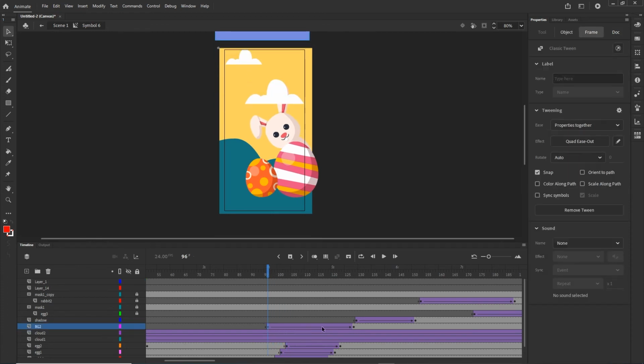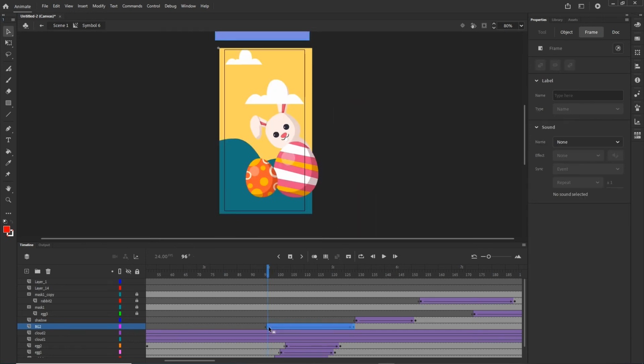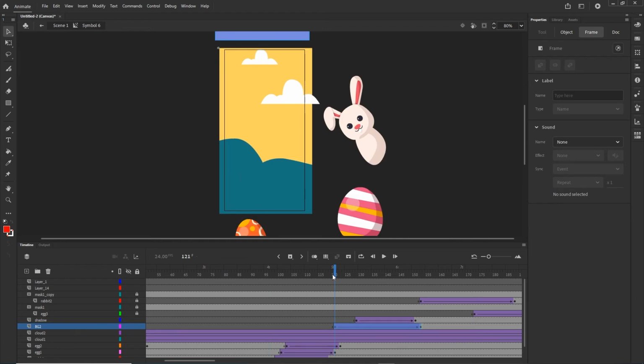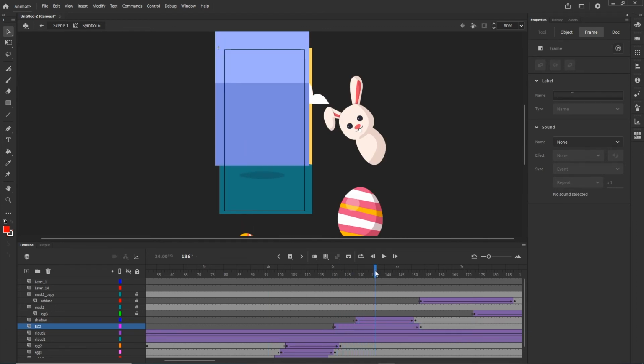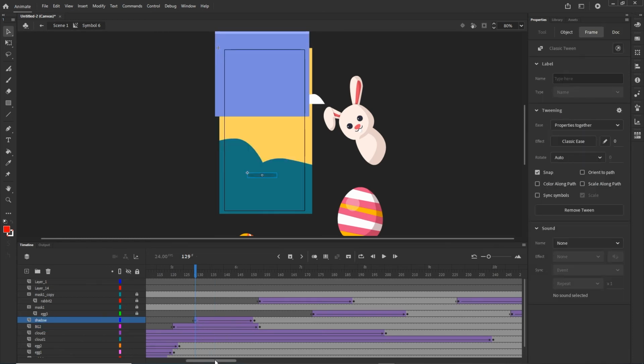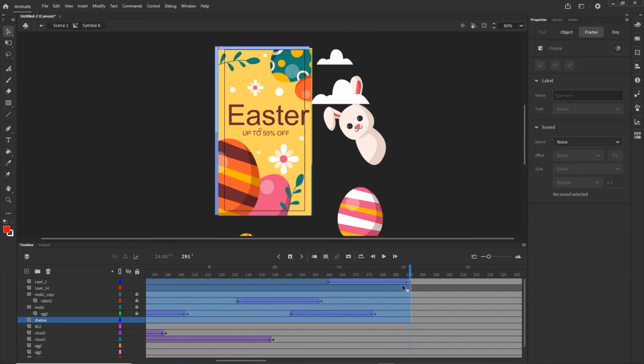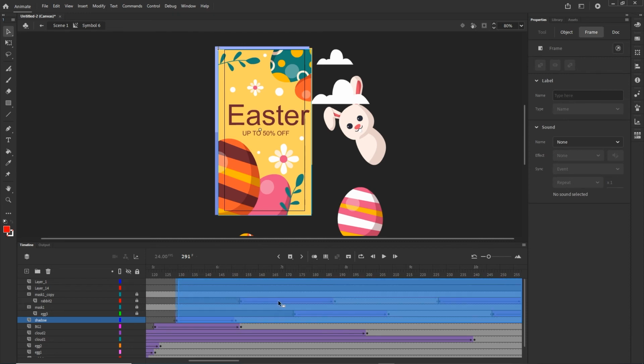This BG2 is coming too early, so I'm going to select it and move it like so. But right now I will probably have to move all of the other stuff. So what I can do is click on this keyframe on the shadow, and then click on this with Shift. Now I have selected all of the keyframes, and I am going to position them like so,